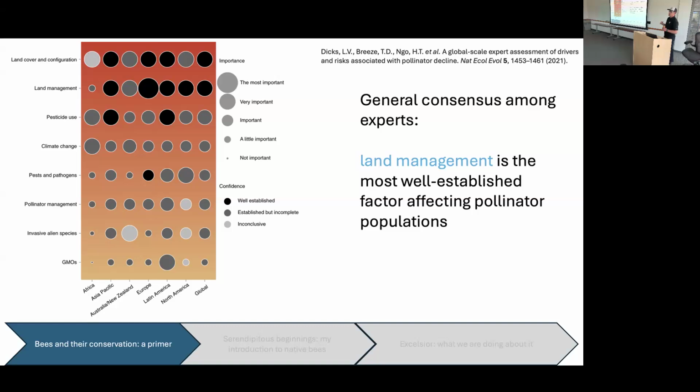So I think for us here in a natural resources college, that's actually good news, because in my mind, this is something we can change, right? This is something we can actually focus on, learn about, and adapt our land management techniques in a way that might be appropriate for conserving these key ecosystem services. So that's what I'm going to focus on initially here.